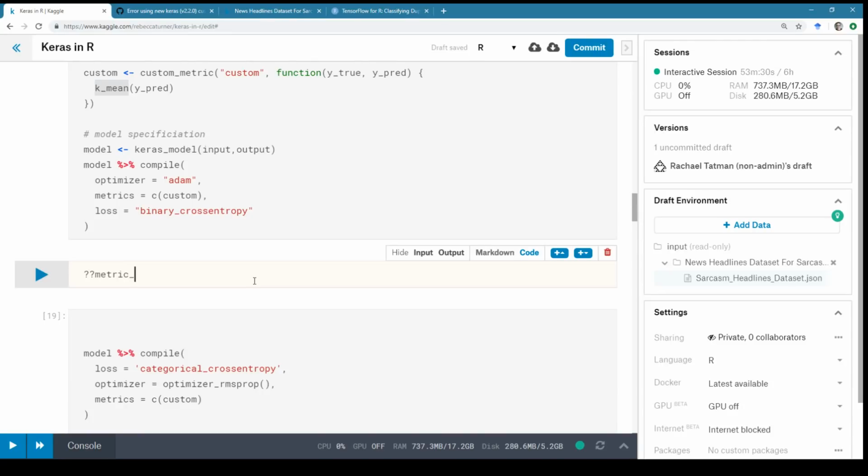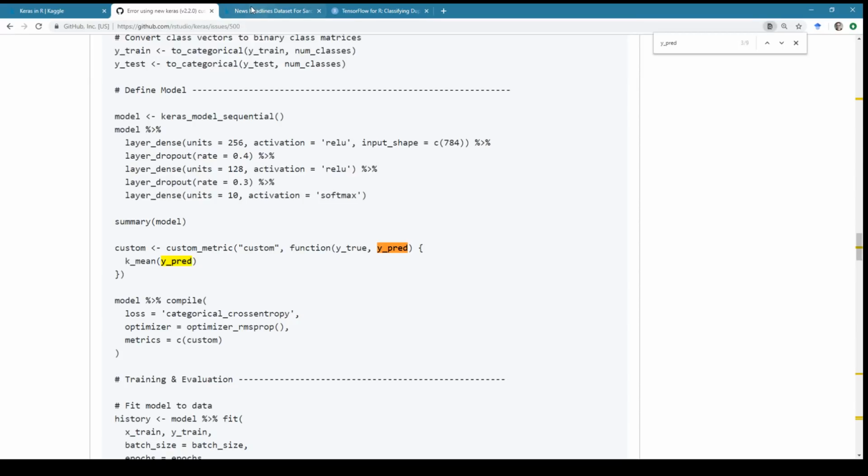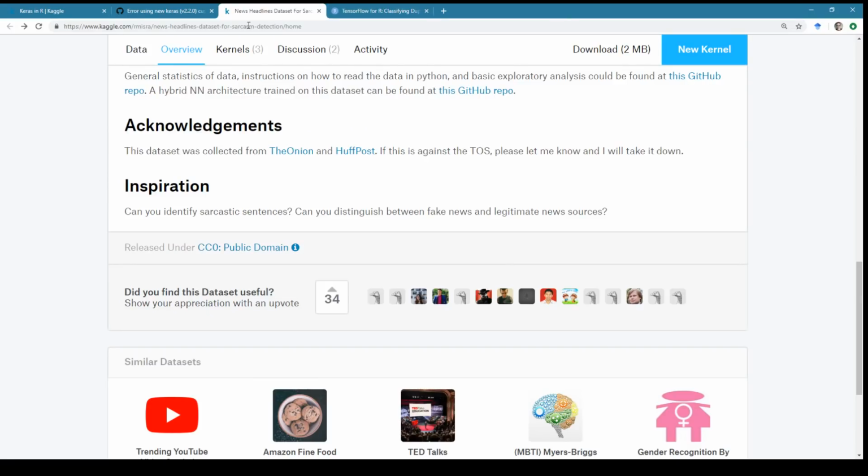Jer says, is it like an accuracy metric? Yes. So it's an accuracy metric with two things. Jer says, what does k underscore mean? I think that's going to be k-means, which is multi-class. Let's check that.